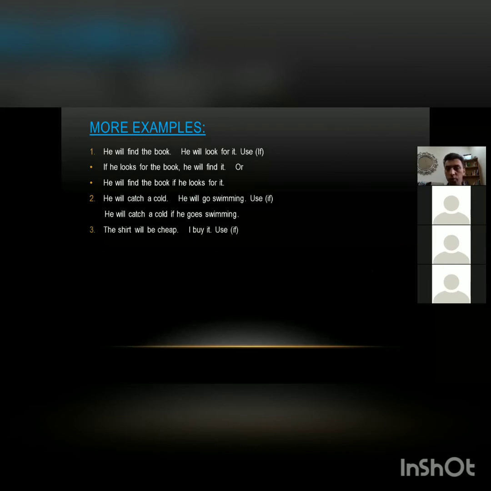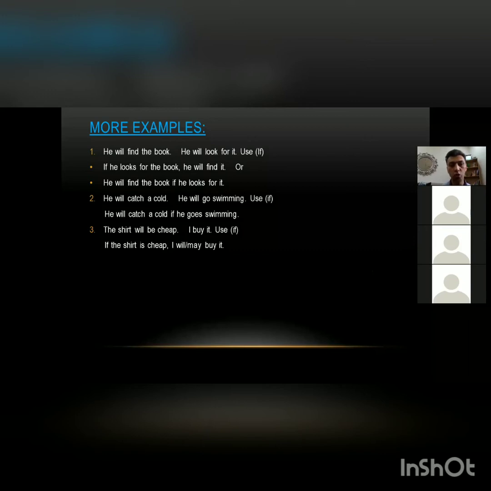The ship will be cheap. I want you to participate if you can hear my voice. I buy it. If the ship is cheap, I will or I may buy it. To explain this example for you, we have two sentences. The ship will be cheap, that is the first one. The second one is I buy it. These are two different sentences. We try to use if so that we can connect them together. If the ship is cheap,